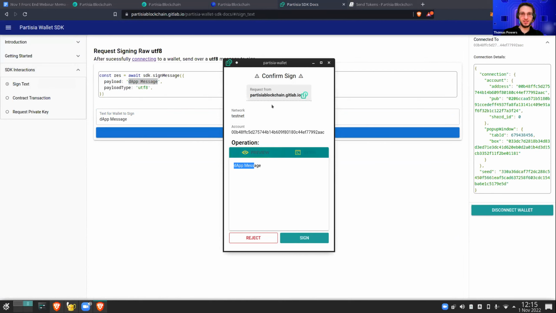Here's your account. Here is the URL that's requesting the signature. And here is the actual message. And if you want to see the bytes, this is what the actual bytes that will be signed look like. If I sign this,